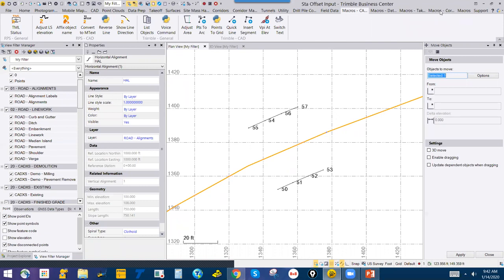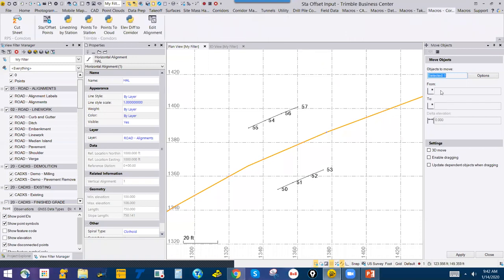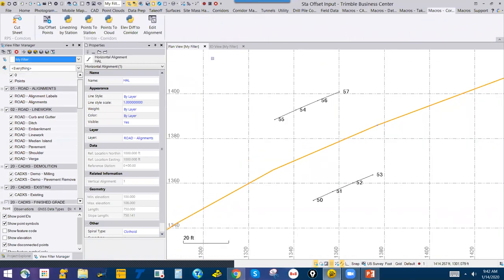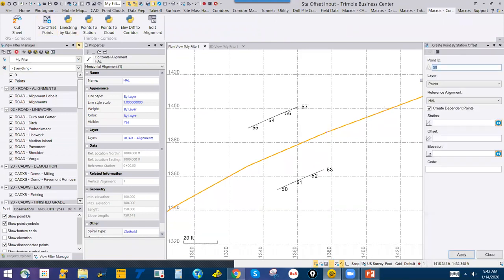I want to show you one more thing here in this particular example. I'm going to go back here and say, okay, let's create some more points by station offset and start off with point 58. Let's pick the starting station here, make it 20 feet offset and elevation of 120, let's say. And I'm going to call this top for a top of wall, for example, and say okay. And then do the same thing as we did before. So let's say 695 at the same elevation, hit apply. And let's do 705 at the same elevation, and then 715,